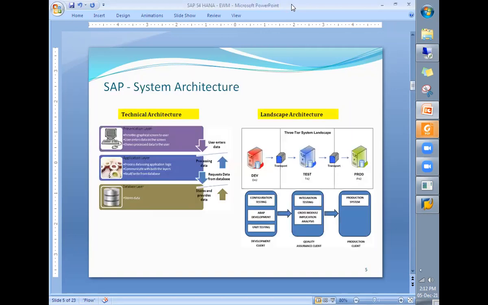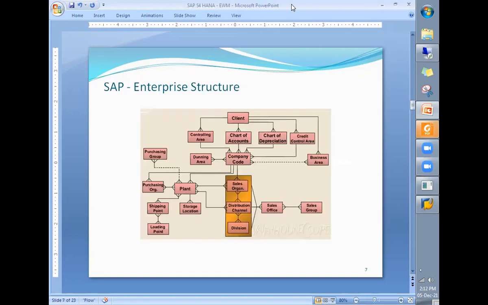After the technical discussion, of course, we will start with functional aspects. First we need to understand what is enterprise structure, because every organization has its own enterprise structure, and that organizational structure is created in SAP.